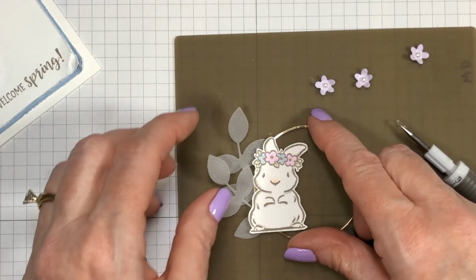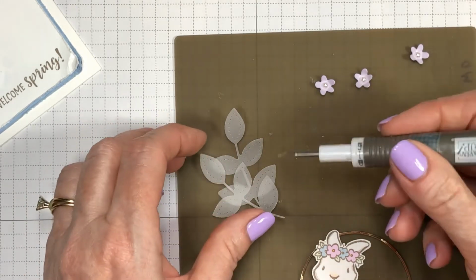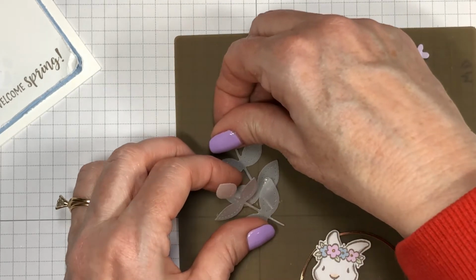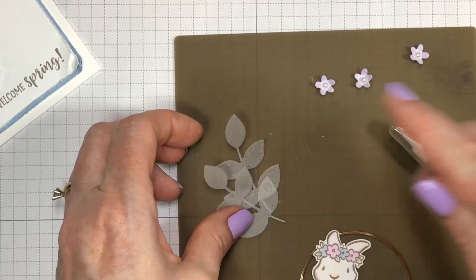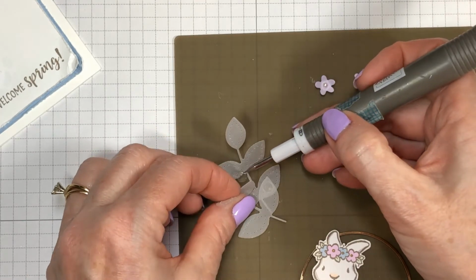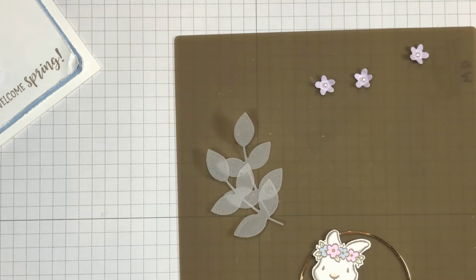Okay, so I'm thinking that's going to be good. So what I'm going to do is take a glue dot, stick it on that leaf, and press. And then I'm going to put one here. Okay, so then I'm going to